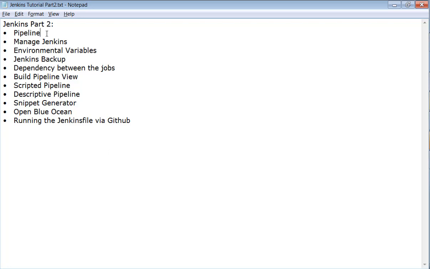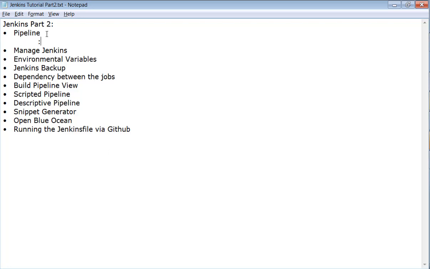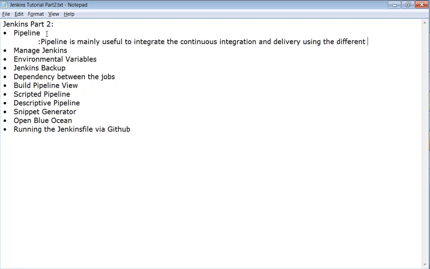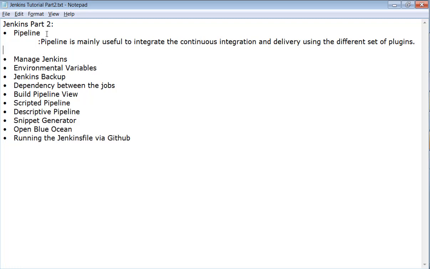Let's start with pipeline. What is a pipeline? A pipeline is mainly useful to integrate continuous integration and delivery using a different set of plugins in Jenkins.